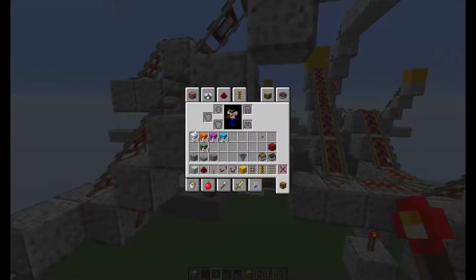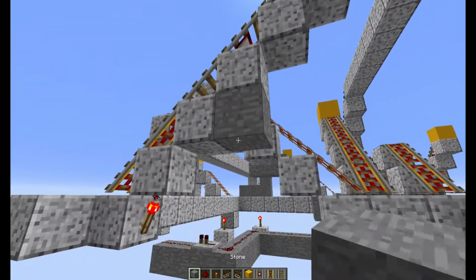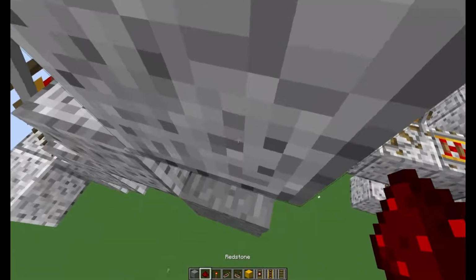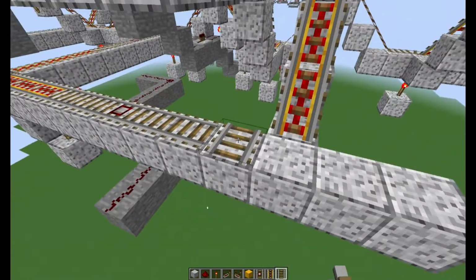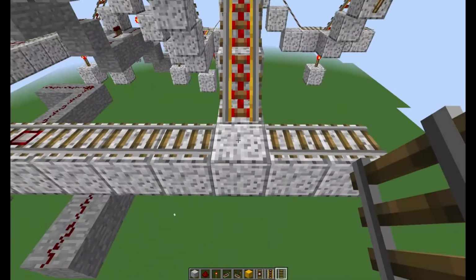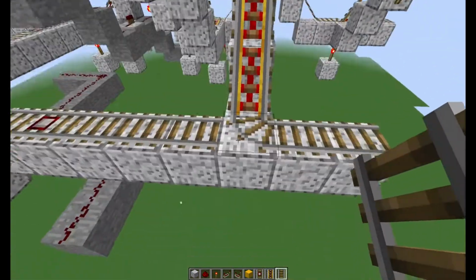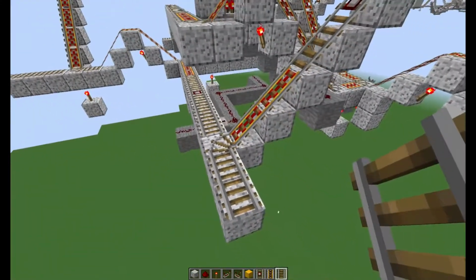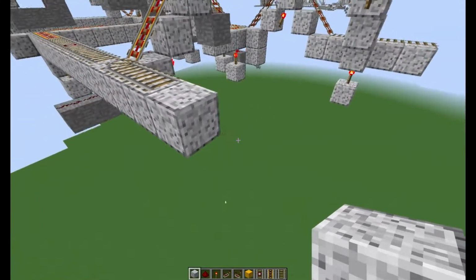Then we're going to get our other block and put this like that, and a redstone dust like that. We're going to put some regular rail on here, a couple of regular rails on here, and then we put this one like this. So this one is going in the right direction, so we're fine. Okay, now this is going on the output, so we want to make sure that we have a little bit of